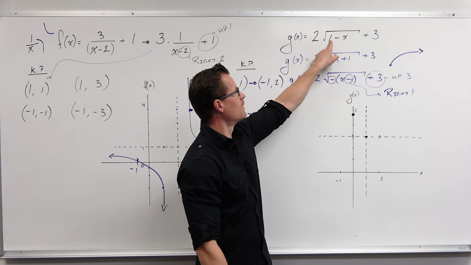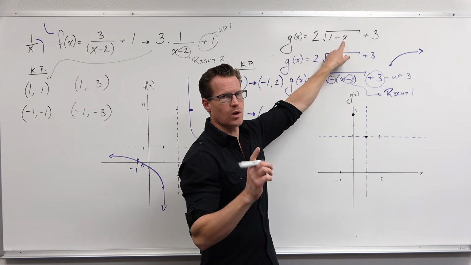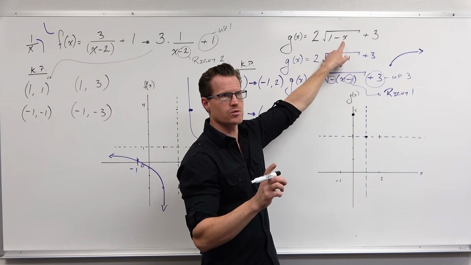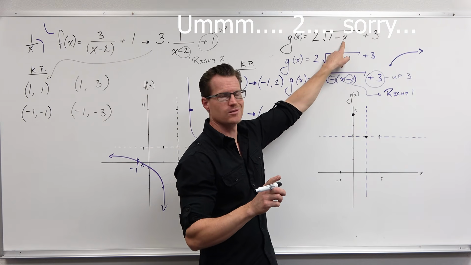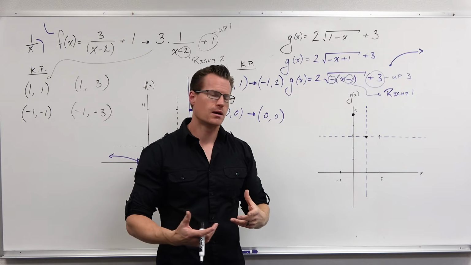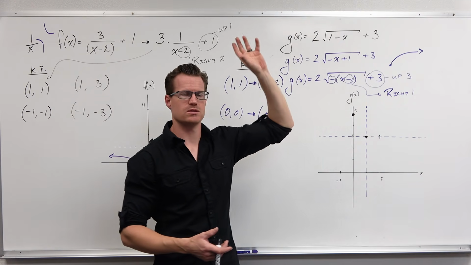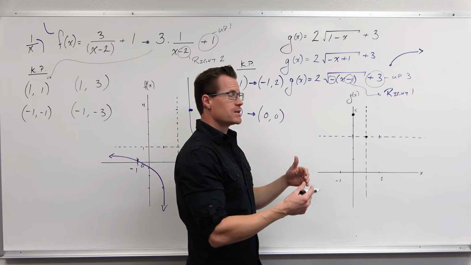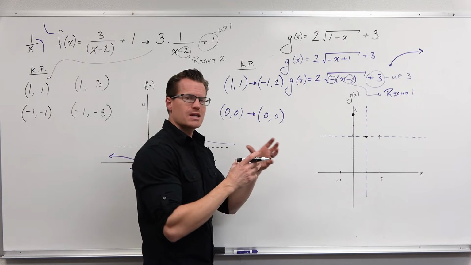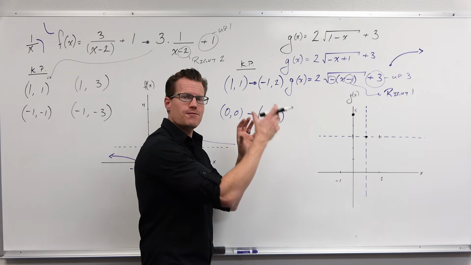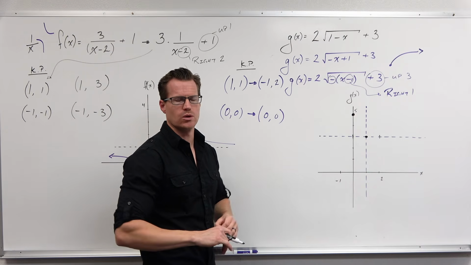Let's plug in 0. 1 minus 0 is 1. The square root of 1 is 1. 2 times 1 is 2, plus 3 is 5. Look at that. We have it right. If we plug in 1, we should be getting out 3. 1 minus 1 is 0. The square root of 0 is 0, times 2 is 0, plus 3 is 3. This is the proper graph, but understanding how these transformations affect your original graph is crucial to a lot of